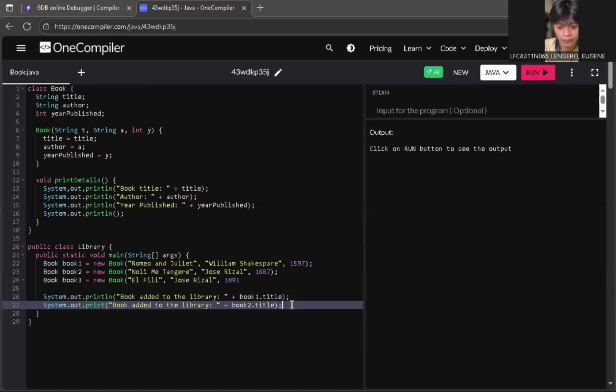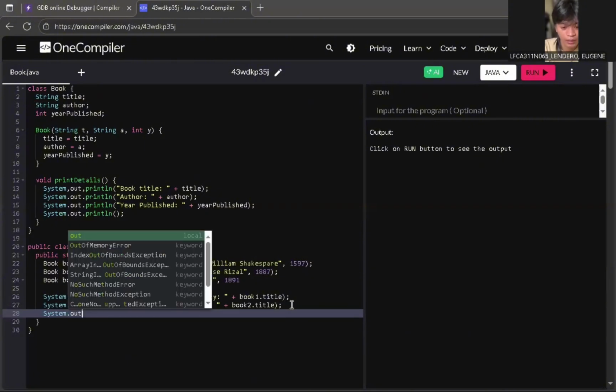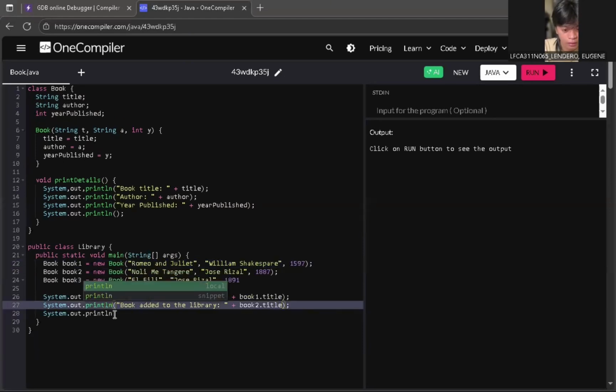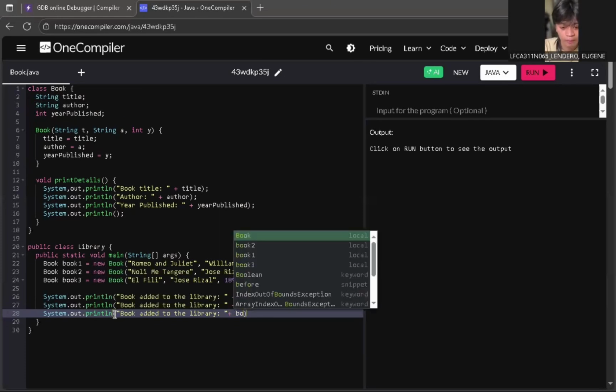It seems I forgot the ln here. Parentheses, then Book added to the library, colon, then you have to put plus sign, then book3.title, semicolon.